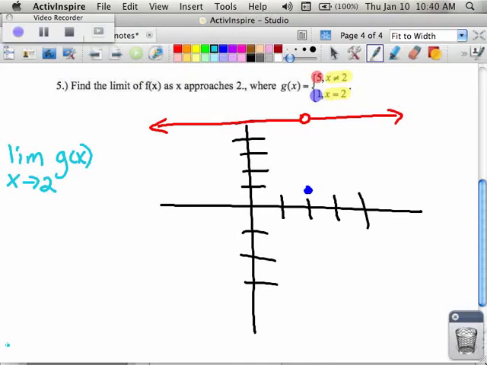Did I say, what is it? No, I said, what are you getting closer to? The y value. You're not getting closer to anything, you're just staying the same. All right, here we go. As I go from the right-hand side of the graph, I'm coming in this way. Here's the first thing I see on the right-hand side. The y value I'm getting closer and closer to is